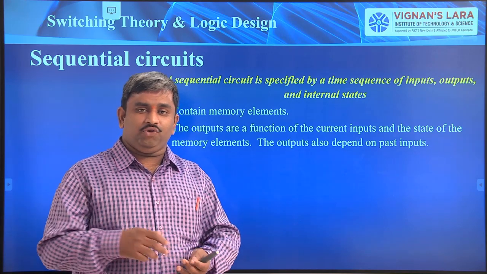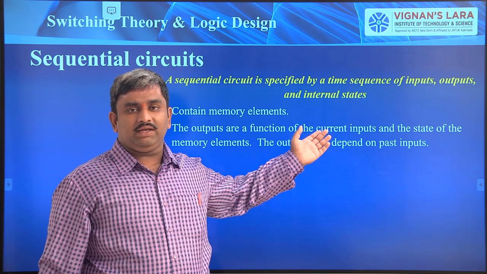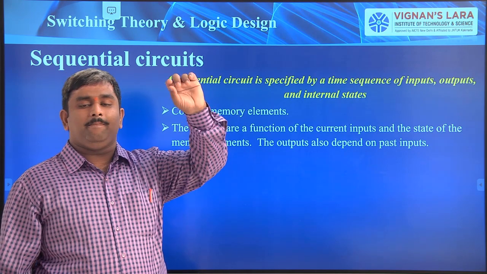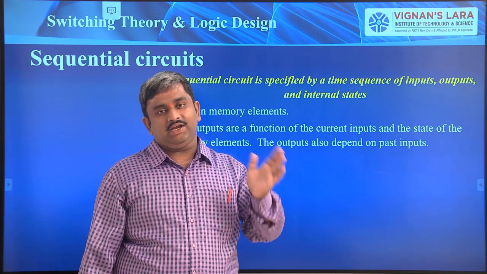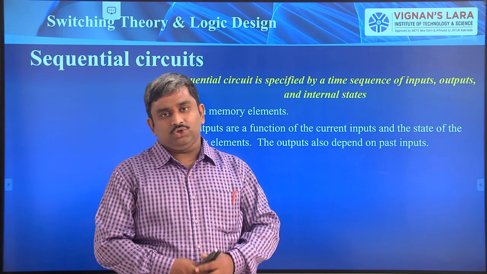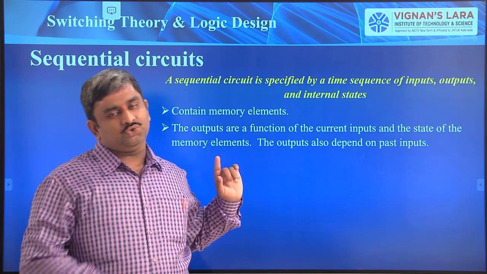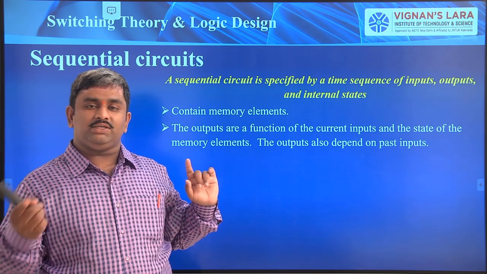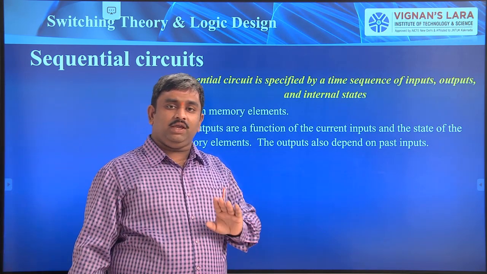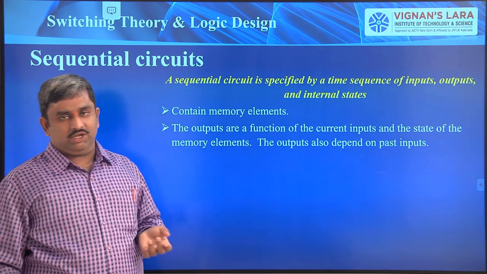If the room temperature goes very high, then the AC automatically checks the temperature of the room and switches on. That is, the state of the system goes to on, and it will cool the room. So the output of the AC depends not only on pressing the switch; it checks the room condition. What is the previous state of the system? What is the previous condition of the room? So it depends upon the inputs and the previous state of the outputs. This is an example of a sequential circuit.